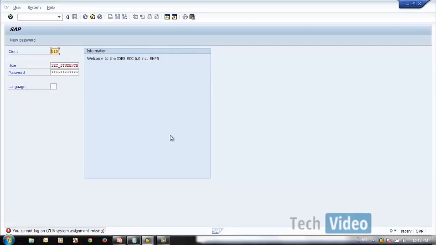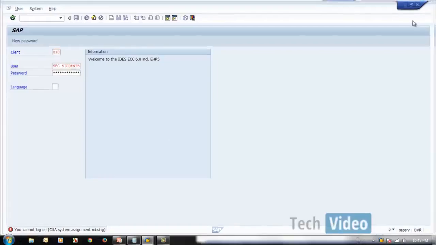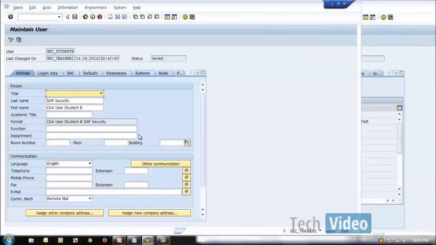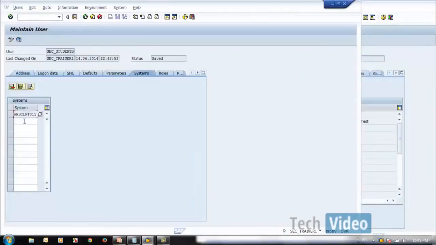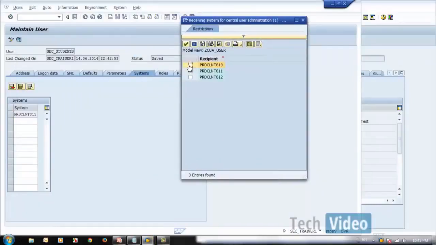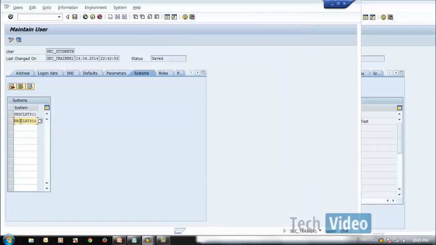If after some time you decide that you want to have this user in the system 810, either a different system or a different client, we will select this also. I'll say add. Now this was an existing client, this is a new client. I will say save.